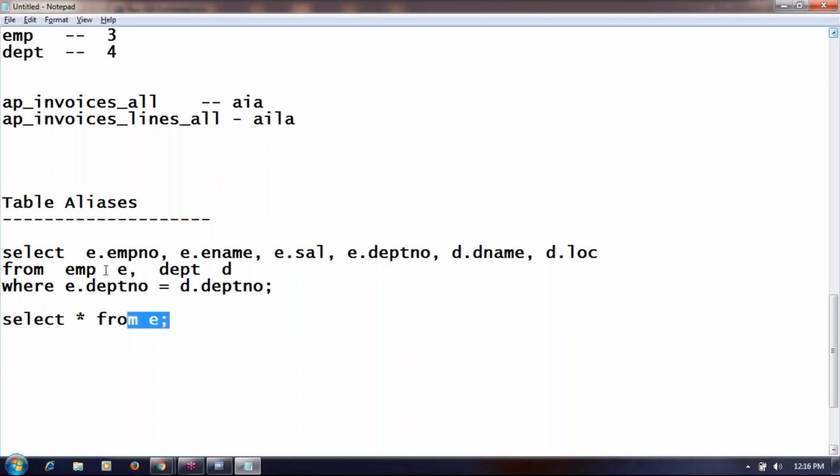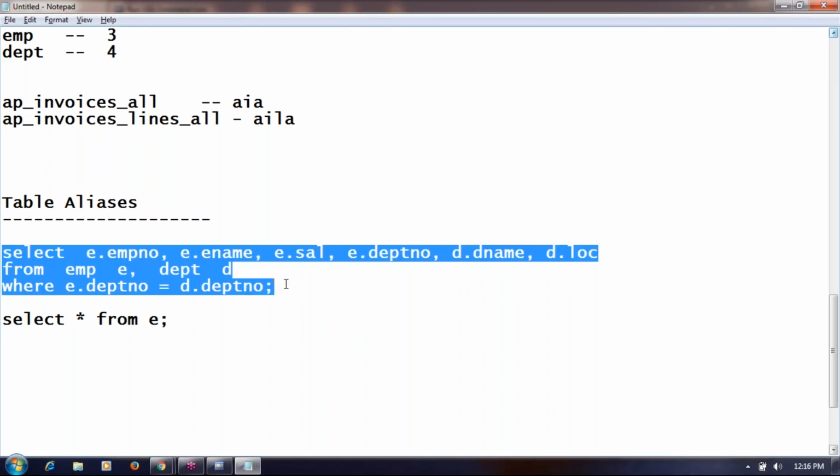So when table aliases are created, don't think that you can carry them forward into the next query. Wrong. A table alias is temporary, only for one query. Once the query is executed, you cannot use the table alias in the next query. Table aliases are temporary. Okay, Dilavar? Yeah, true. Correct.